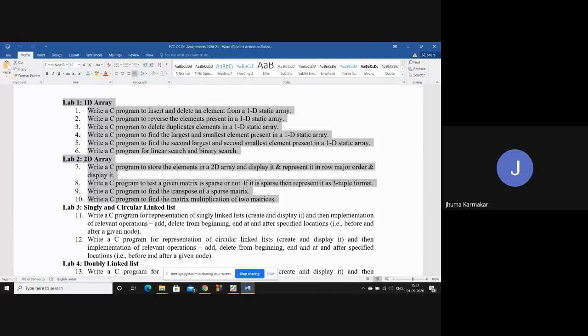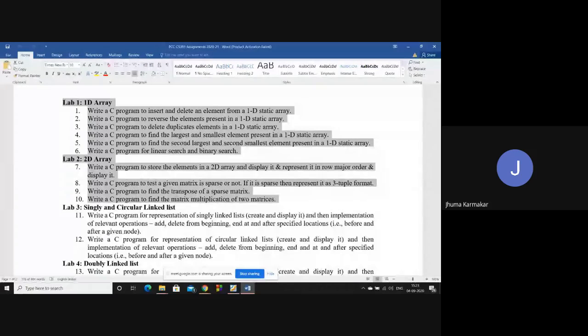Now, can you calculate the number of non-zero entries in a 2D array? Yes, ma'am. Using 2 loops, isn't it? For i equal to 0 to row, within that j equal to 0 to column, we have to check each element Xij, where X is the 2D array. If it is not equal to 0, we have to store it in a counter. If the number of non-zero elements is less than row into column by 2, then we have to print that it is a sparse matrix.